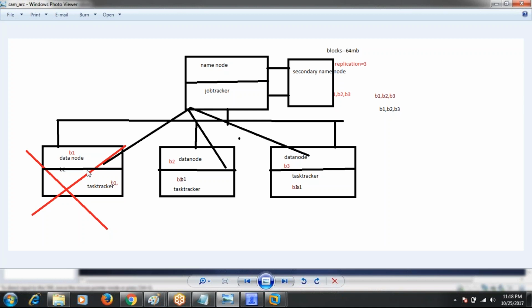If you have SSH in your cluster, then only it will maintain the communication from one machine to another machine, and at the same time you can connect from any machine to any machine by using SSH.